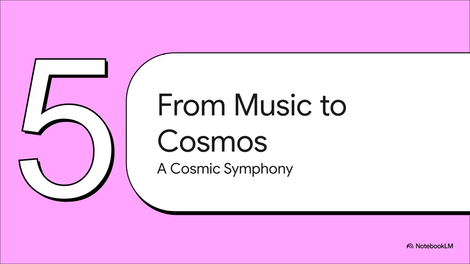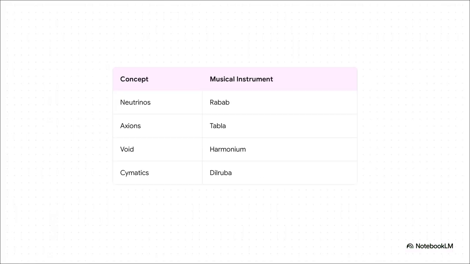Okay, so we've gone from the tiniest particle to the human body. Now, the theory zooms out, all the way to the entire cosmos. And to help us wrap our heads around that massive leap, it uses a really powerful and unexpected analogy: music. To make all this a bit more tangible, the paper assigns a musical instrument to each of the core components. The idea is really beautiful. Just like each of these instruments has a unique voice, so do the fundamental elements of reality. They aren't just abstract concepts, they're like cosmic notes waiting to be played.